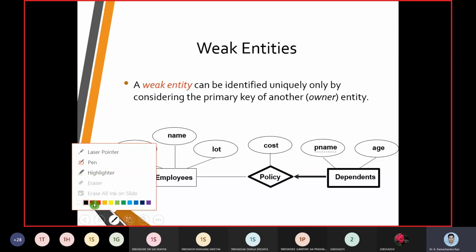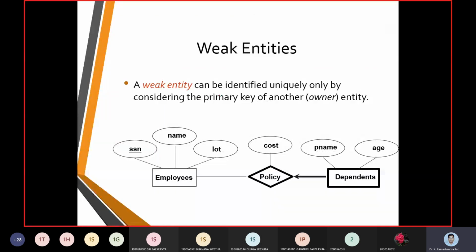let us put this relation so that it can be identified uniquely by considering the primary key of another entity, or another owner entity. Let us assume my SSN was 603 and I am working for the organization.